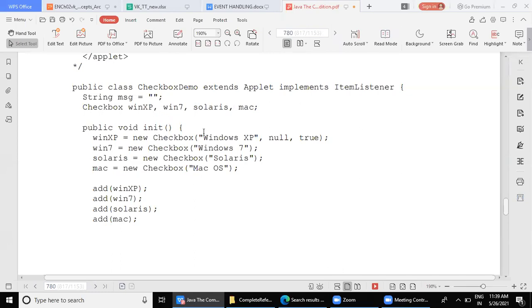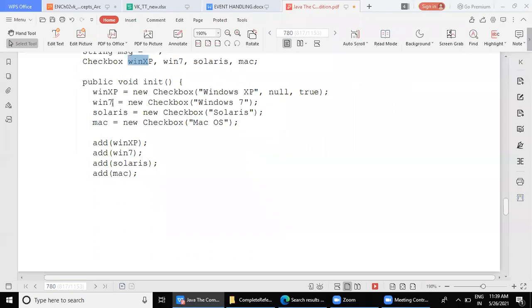Fine, Windows XP. Only thing, captions are given in full form, and here the short forms are used for the names. Remember, names cannot have spaces. Names are like variable names. You can't use space there, and they should be not very big, not very small. They should be small, but not to the extent that you give only one alphabet like W, W, W. It will be ambiguous, right? You will not be able to understand. So the names should be self-explanatory.